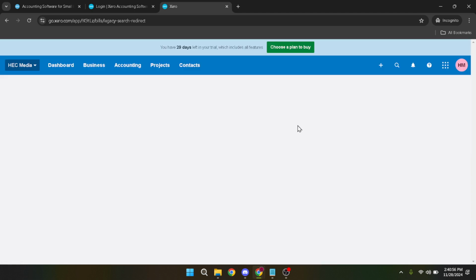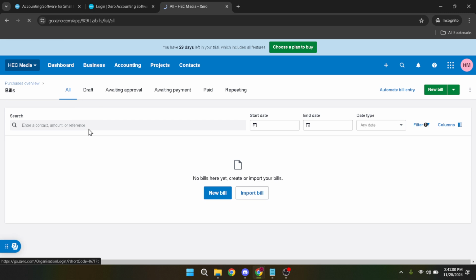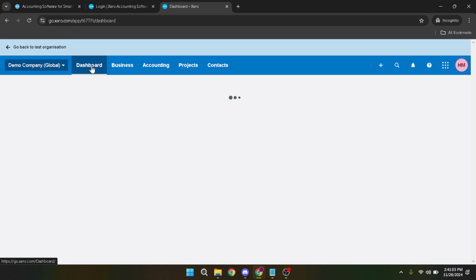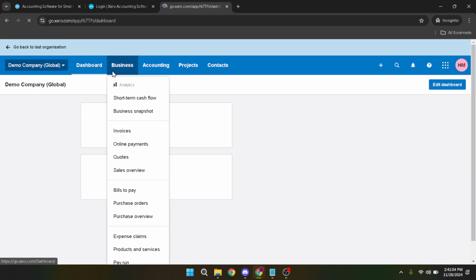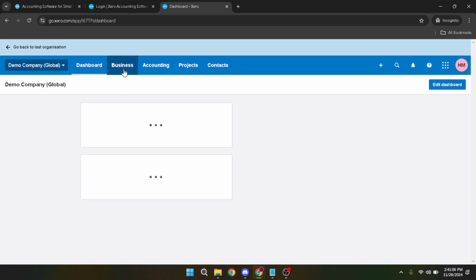After filtering to see only paid bills, you'll want to choose any invoice from the list that you need to send remittance advice for. Clicking on a specific invoice will bring up details related to that transaction. It's here you'll find crucial information necessary for the next step. Scroll down to the bottom of the invoice details page and look for a link labeled Payment. This link is what you'll need to click next.